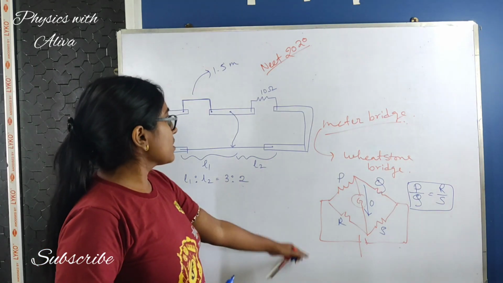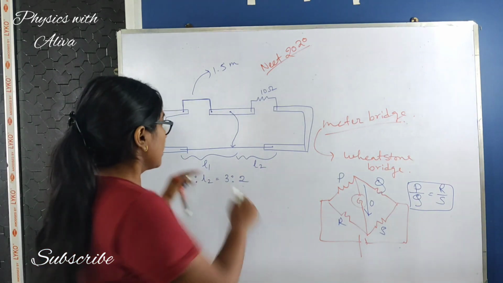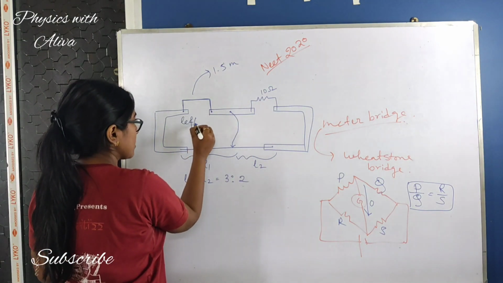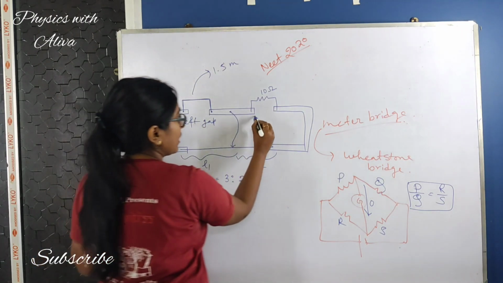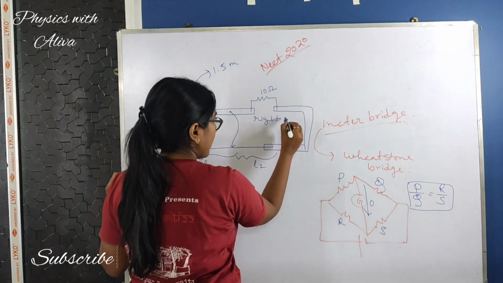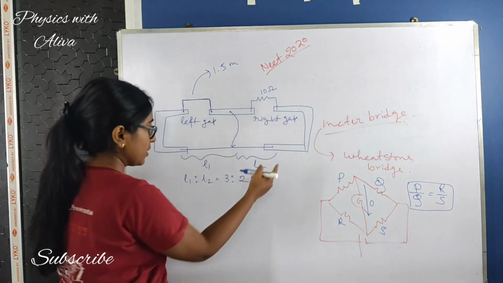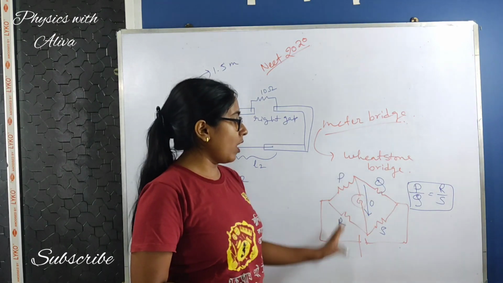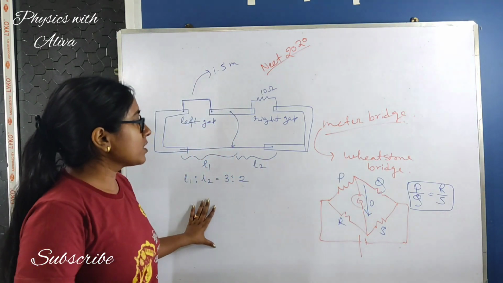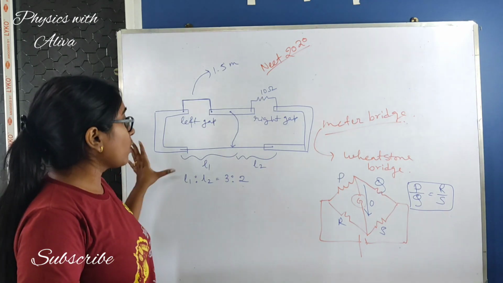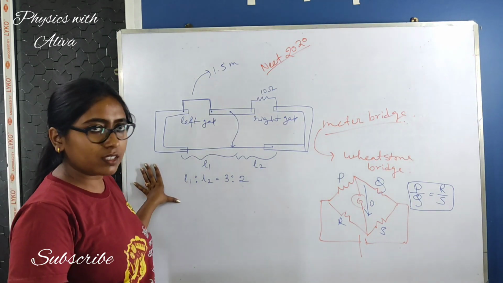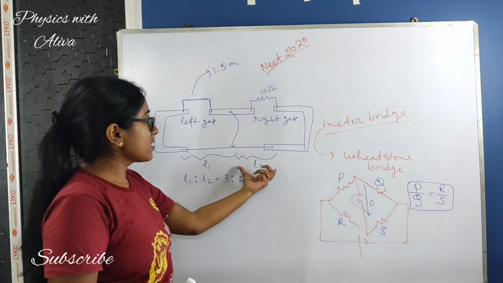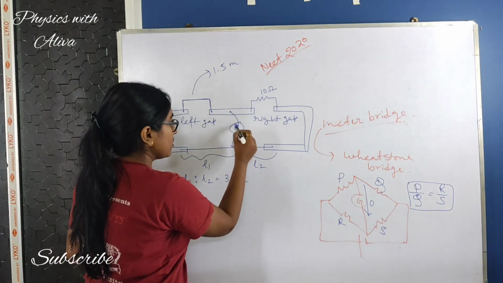We will apply this principle in this meter bridge. This is the left gap of a meter bridge. In the question, you heard about the left gap and the right gap. This is the left gap and this is the right gap of the meter bridge. And you can see in the Wheatstone bridge, 4 resistances are there, P, Q, R, S. So if this meter bridge is working on the principle of the Wheatstone bridge, then also in the meter bridge 4 resistances are there. This is the resistance P, this is Q, and this is R, and this is S. And here a galvanometer is connected.